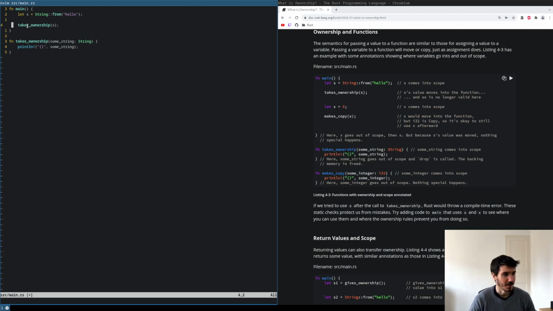And by the rule, since this is doing a move, S is invalid here. We can no longer use it. However, if we have a simple type that can be copied and we pass it into a function,